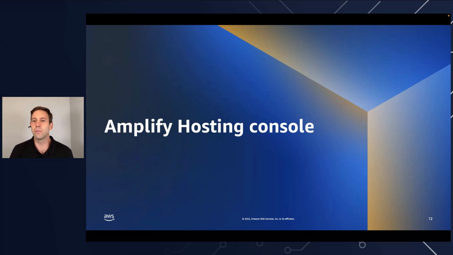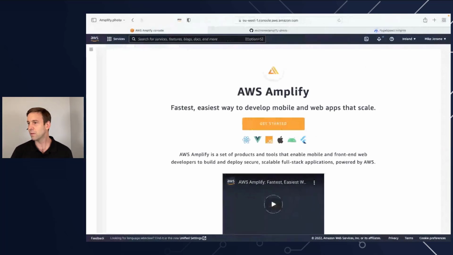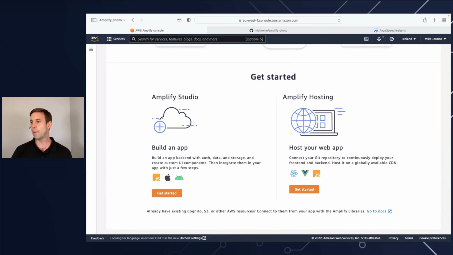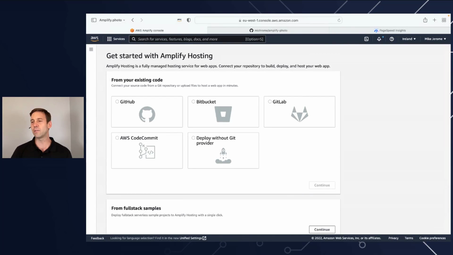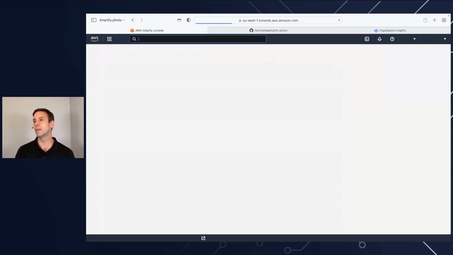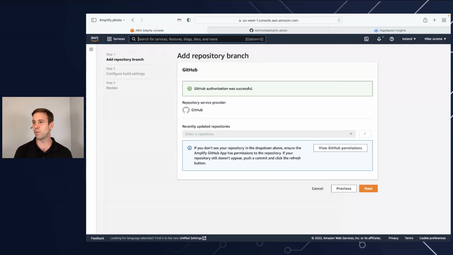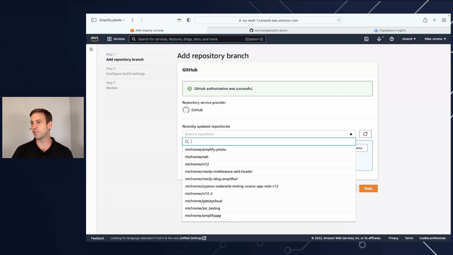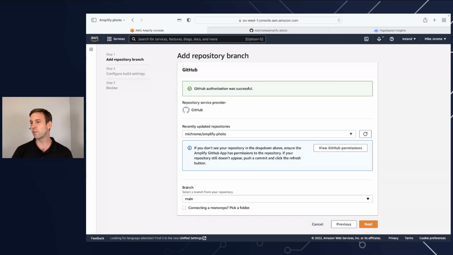Okay, I'm going to jump over now to the console and get ready for the first launch of our app using Amplify Hosting. So what we have here is the homepage for AWS Amplify. I'm running this out of the Ireland region today, and we're going to jump right ahead and get started, and we're choosing to host a web app. So I click Get Started, and the source code for my app is in Git, and it's on GitHub specifically. So I'm going to select GitHub and continue. This is just authenticating my GitHub account with Amplify, and what we can see here is a list of my GitHub repositories. Today, we're going to be putting live Amplify Photo, and we're going to deploy what's called the main